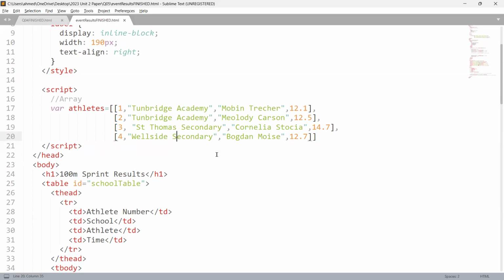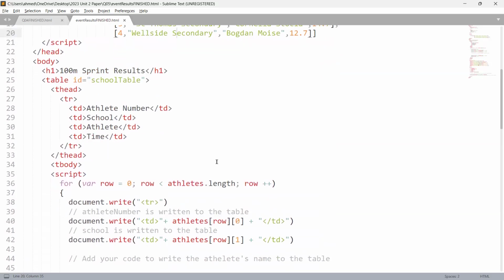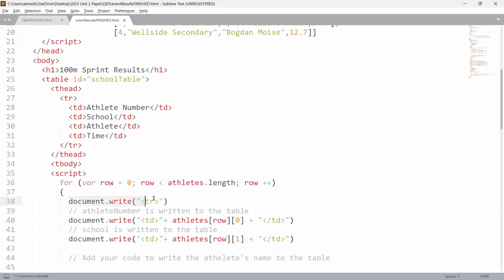Let's get moving. So over here, you can see they have given a comment that this is the code where the athlete number is written to the table. So how did they get the athlete number written to the table? This is the code that was used. Then the school, how did they get the school written to the table? This is the code that was used. Okay, so you can see over here, document.write, it's referring to the table data cell. Inside the table data cell, it has to concatenate with athletes. The row number is given by the row variable, and the column number will always be 0 because the school is all, sorry,